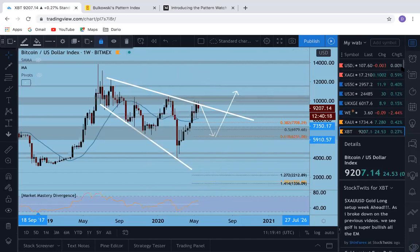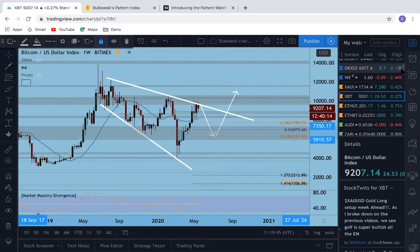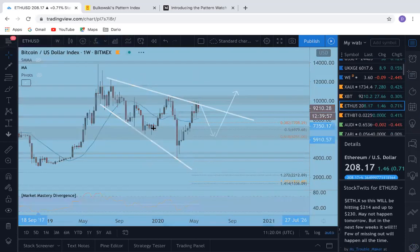Because right now it could just go any way, guys. I'm not going to pretend like I know what's going on. Well, if I look at silver and other markets, I'm pretty confident they're going to go up as long as we don't have any fundamental factors in the market that are going to ruin the trade. Whereas Bitcoin, it's at a point where it could go any way, guys. So just be cautious. And Ethereum,